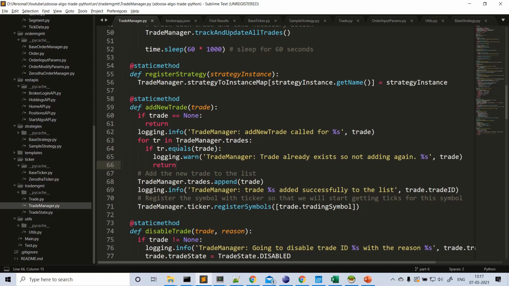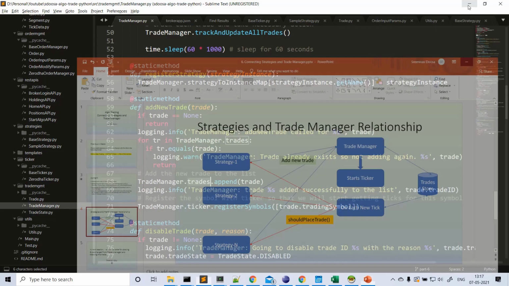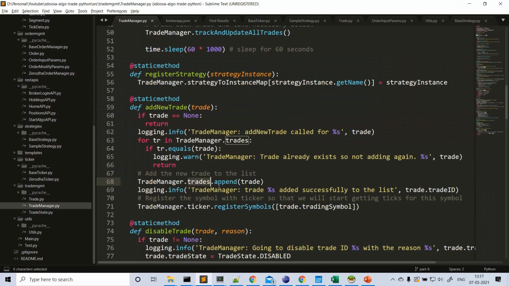If it is a new trade, what are we doing? Trade manager trades. This trades is nothing but what I showed you in the PPT. This is the trade store, which is nothing but this trades list here. And we are appending the trade to that list, so after adding a new trade to the list,